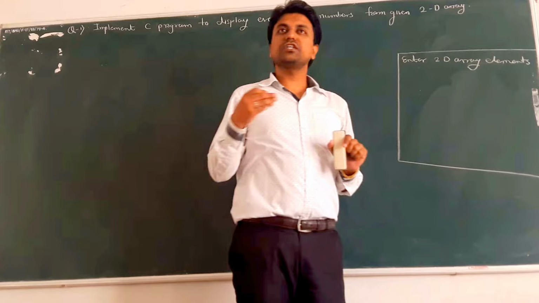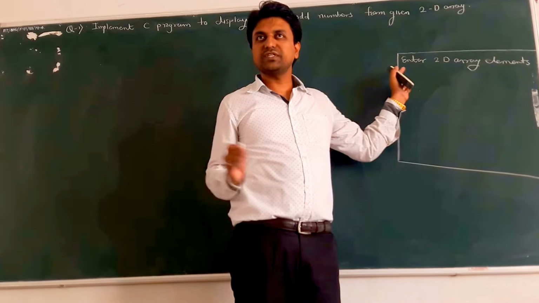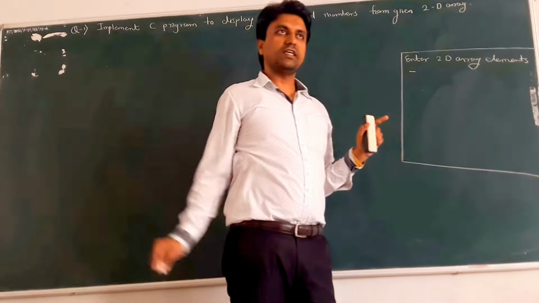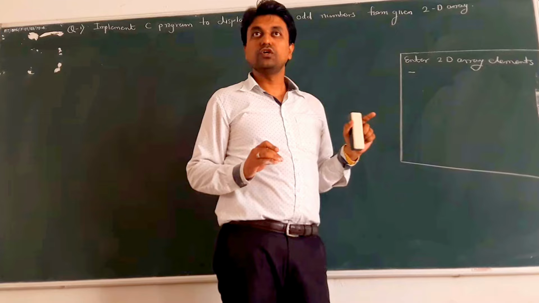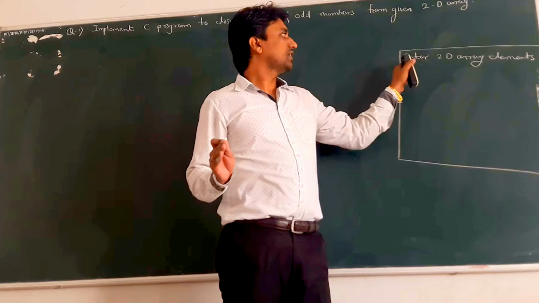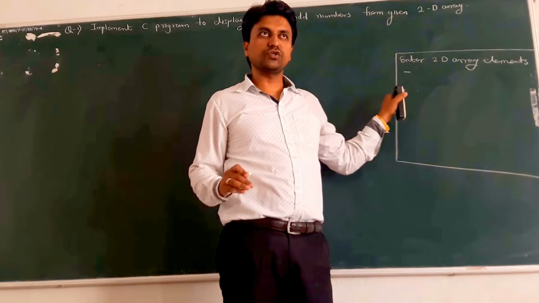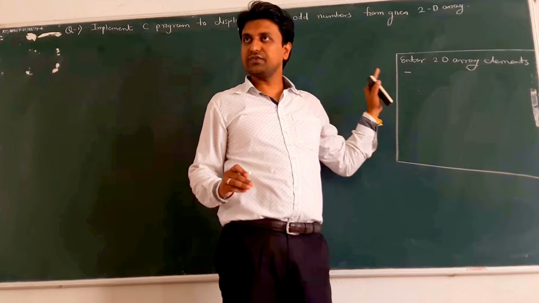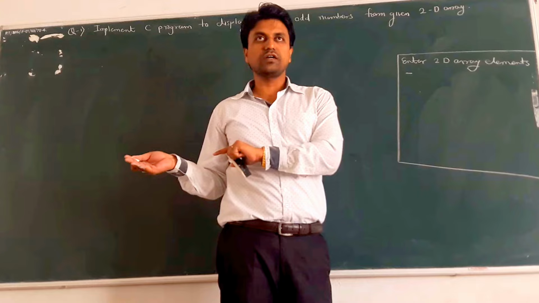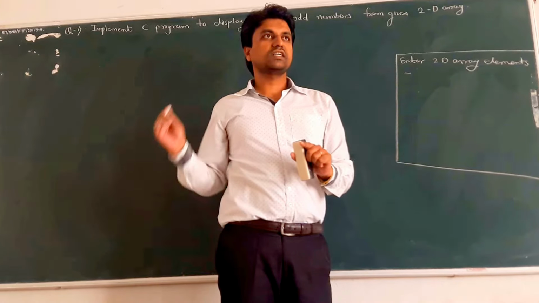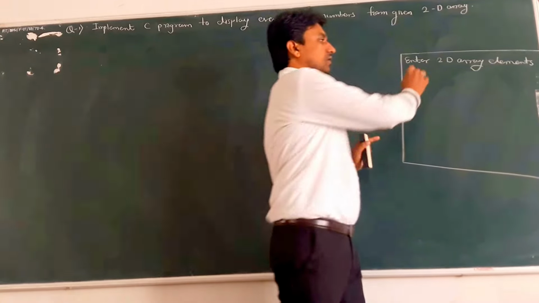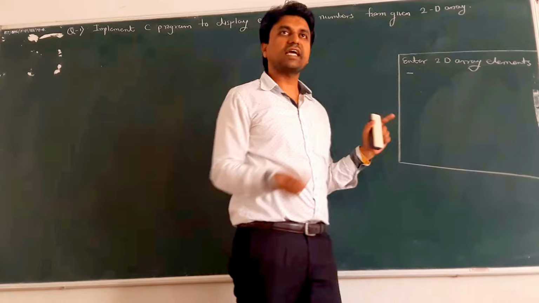Next, the user enters the array elements into the two-dimensional array. For that, the scanf statement is used. That means the cursor is blinking for taking values from the user. The two-dimensional array has size 3 by 3, so the scanf statement is executed a total of 9 times. So the user enters 9 different values. Out of those, some values are even numbers and some are odd numbers. So we can sort which are the even numbers and which are the odd numbers and display them accordingly.